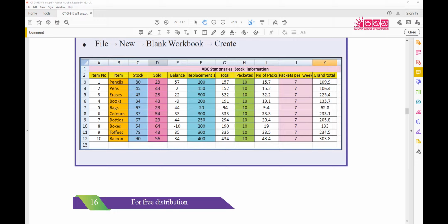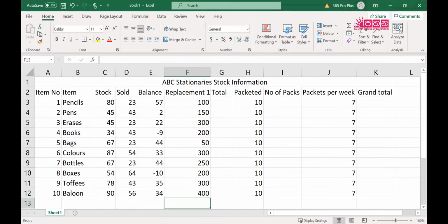Let's go back to the sheet again. So we need to find the total, right? How do you find the total?